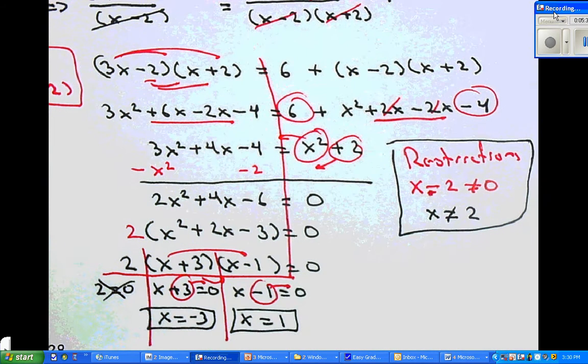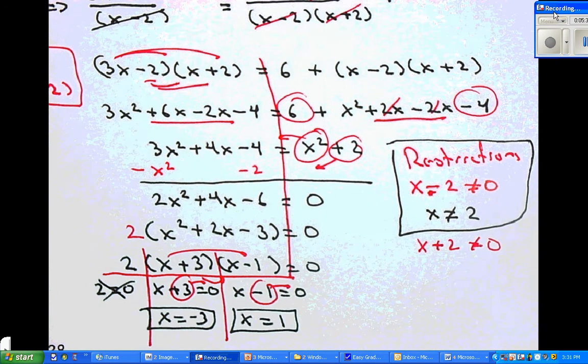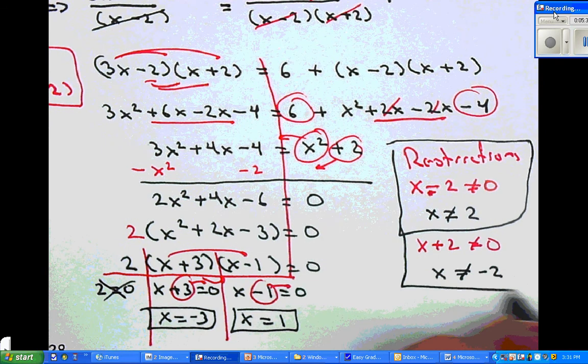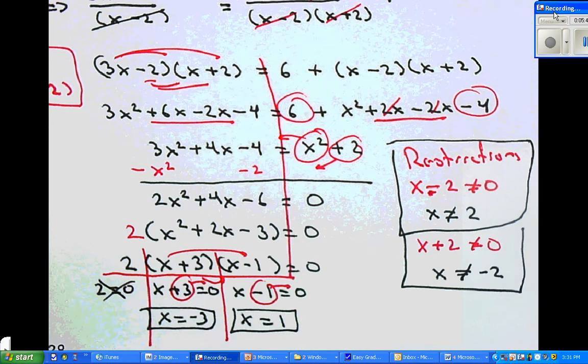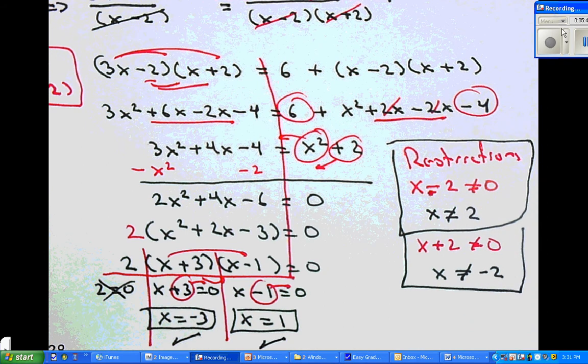Our second restriction is that x plus 2 cannot be equal to 0. So that means that minus 2 on both sides, x cannot be equal to negative 2. And this answer is fine, and this answer is okay. So we have two correct